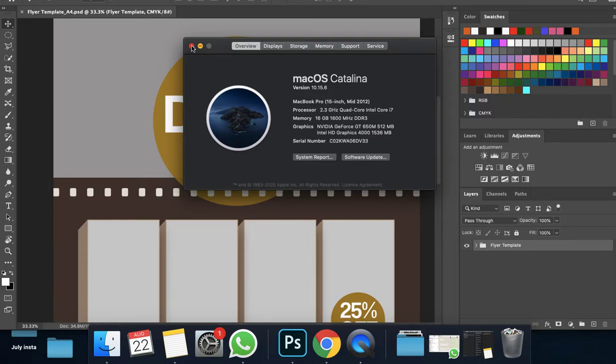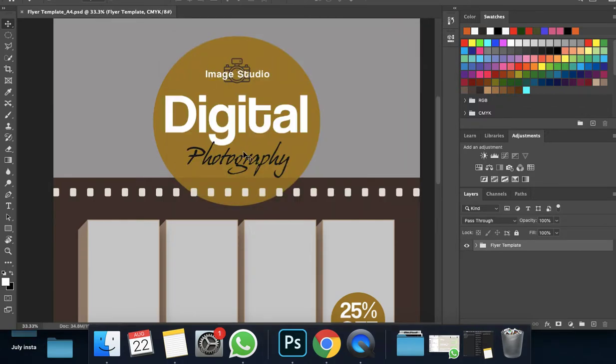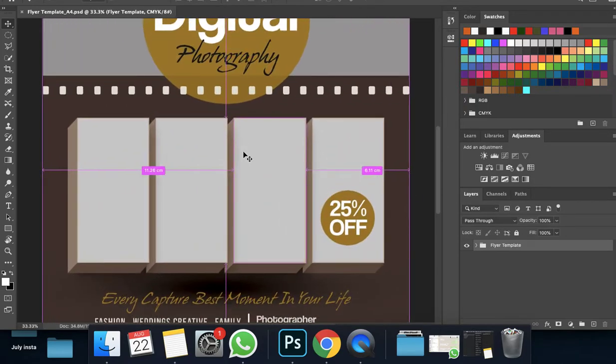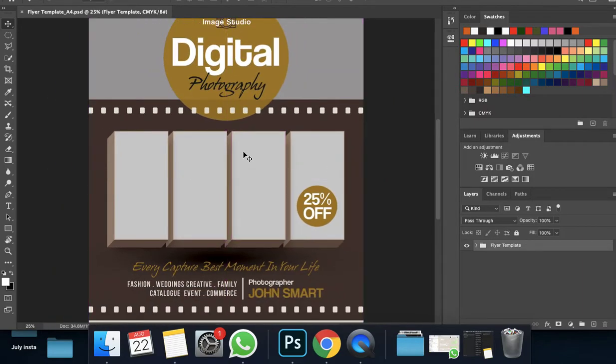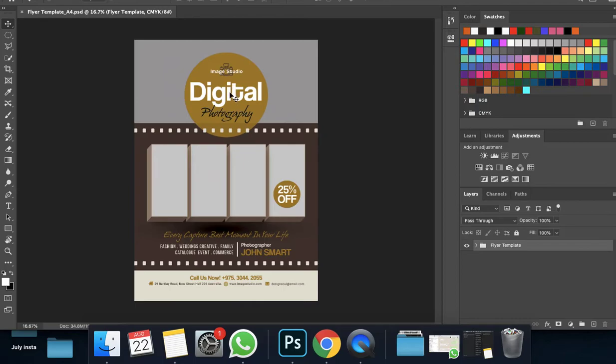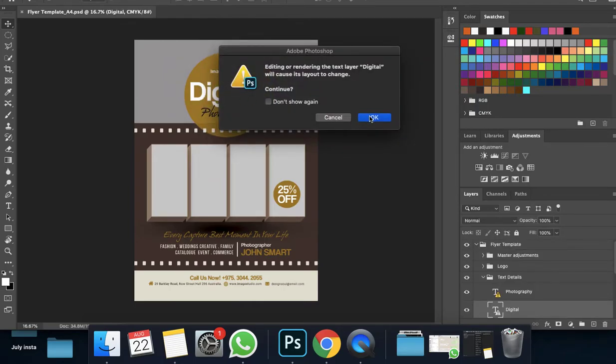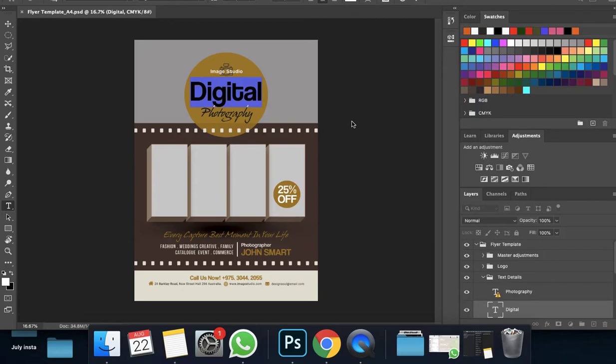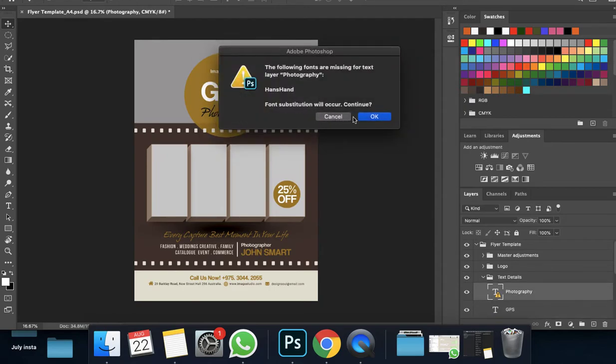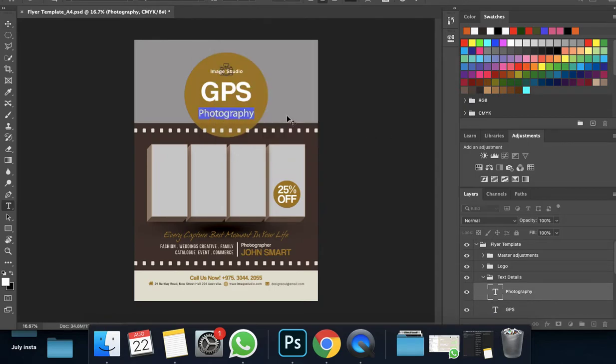So back to this. To zoom in and zoom out, I use Command minus or Command plus, like that, so you can sometimes see your assets properly. It's important. So I'm going to double click on digital, click on OK, and call it GPS, but only capital letters. You see, it's pretty easy to use a template. GPS. And I'm going to click on OK, dash, London,